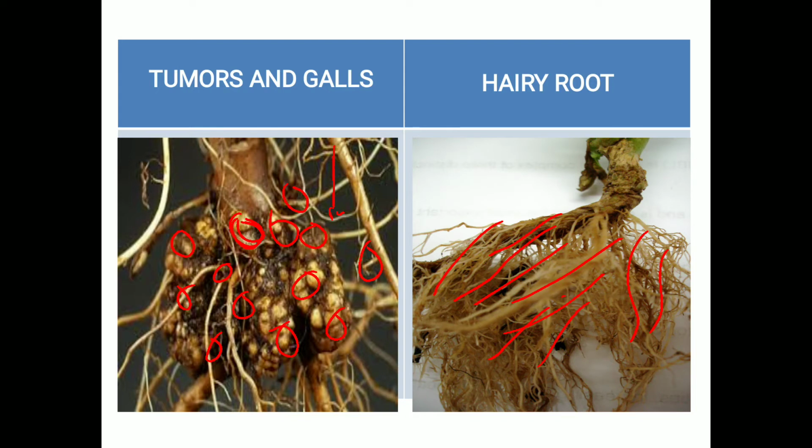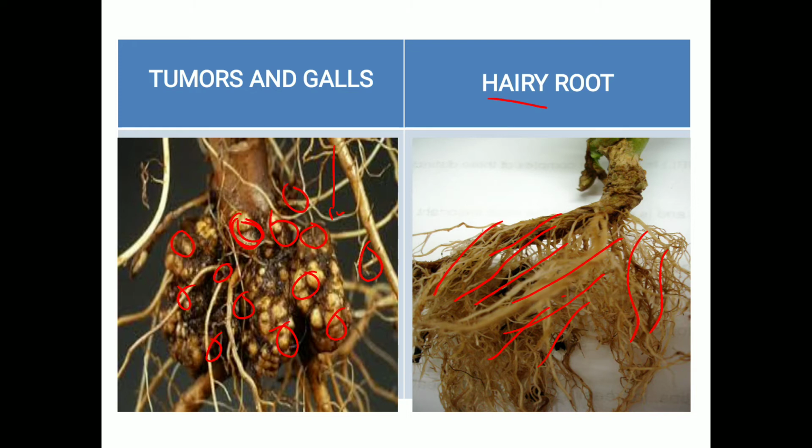It is due to infection by bacteria, mostly, for example Agrobacterium tumefaciens. When such bacteria attack the roots, galls or tumors are observed. Or sometimes, due to the attack of nematodes, tumor-like structures or galls are formed. So there are several reasons for tumors and galls. As it is due to bacteria, for control we can use the antibacterial bactericide called Streptomycin 100 for control of tumors and galls.